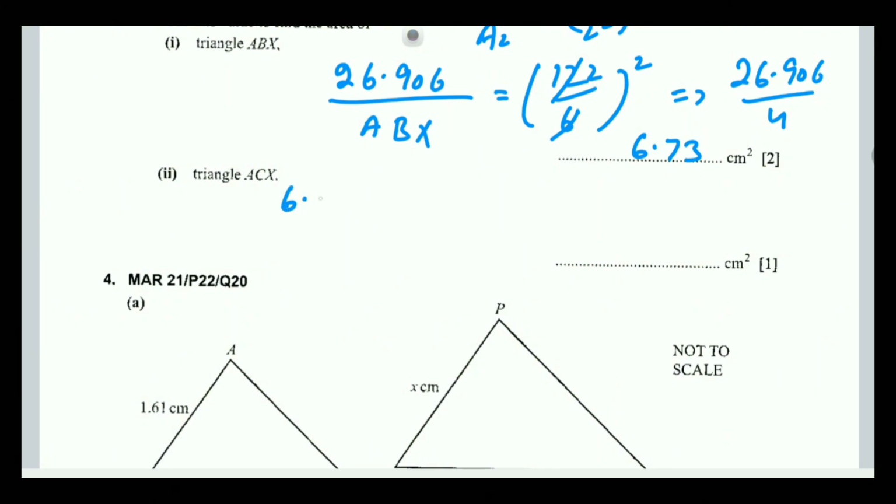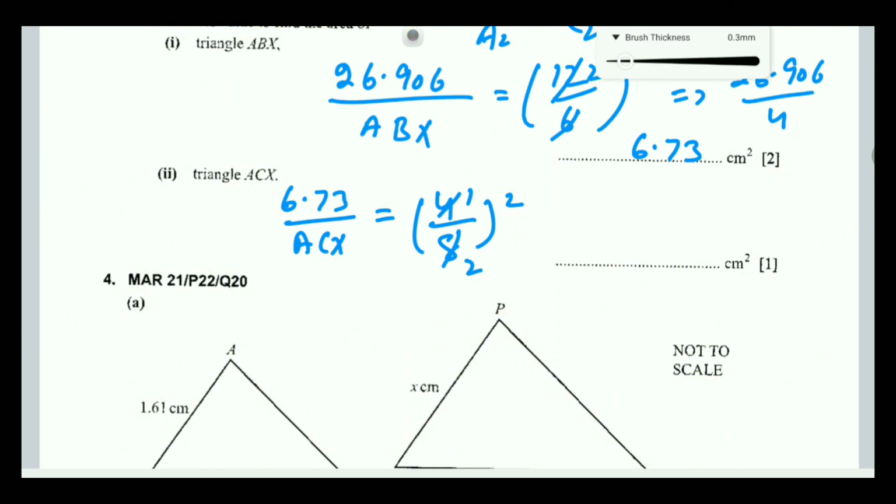The area of the smaller triangle ABX is 6.73, and the area of ACX we have to find. The length of ABX is 4, and its corresponding side length is 8, and put the square. So 4 1s are 4, 4 2s are 8, 1 by 2 square. So what will be your next step? Next step will be